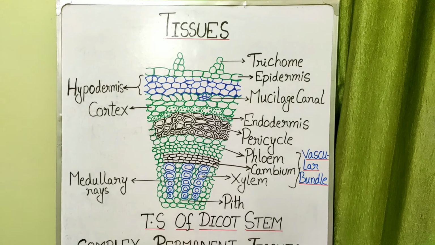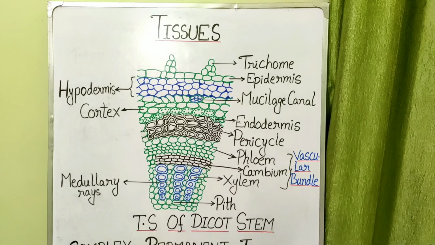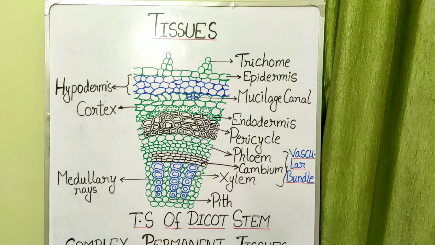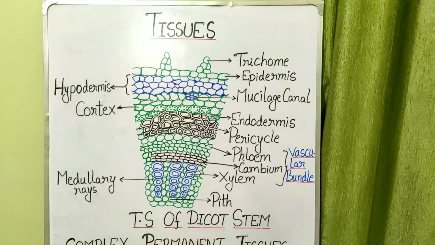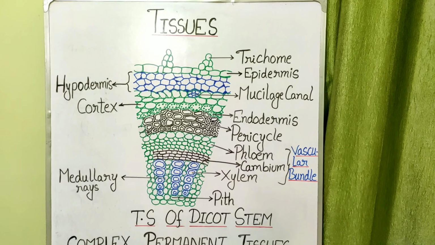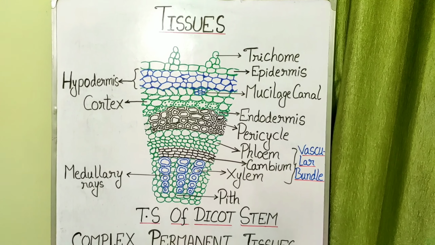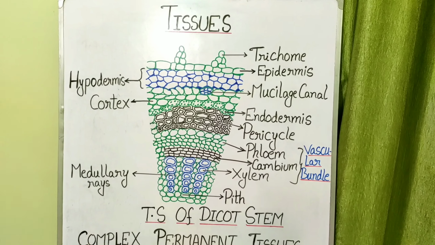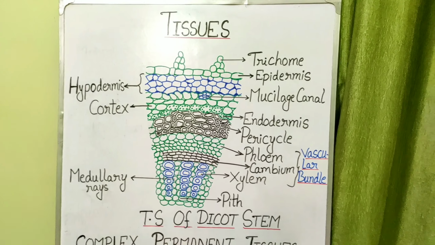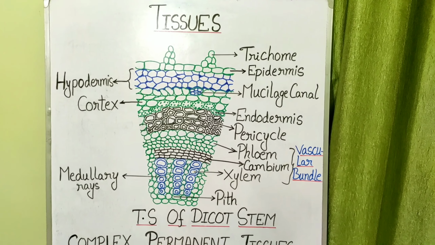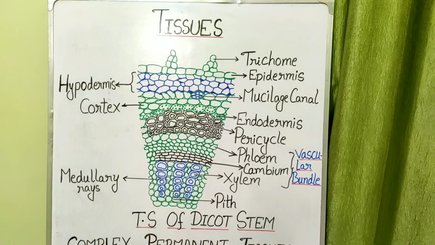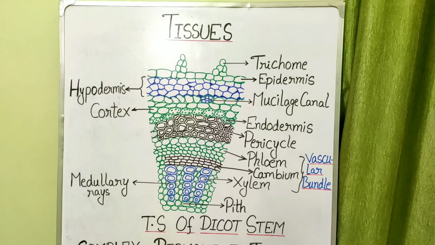So let us go and see what are the various tissues at first in the TS of a dicot stem, followed by the complex permanent tissues. As I have told you, today we are going to read about the complex permanent tissue, but before that I have drawn this TS of dicot stem. It is from your book only; maybe it is not written as dicot there, but it is about the dicot stem only. Dicot means the plants which have two cotyledons. So if we do a transverse section of any dicot stem, then the internal details of the tissues are like this, which we are now going to study.